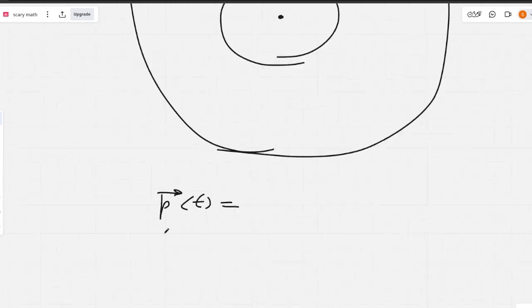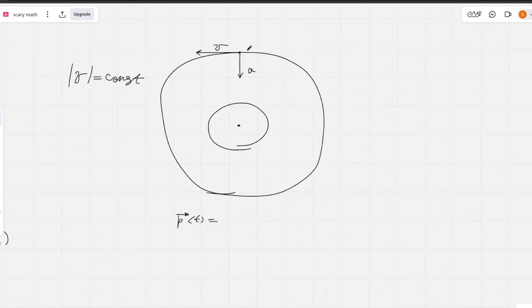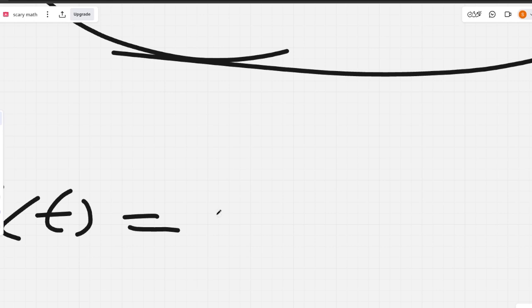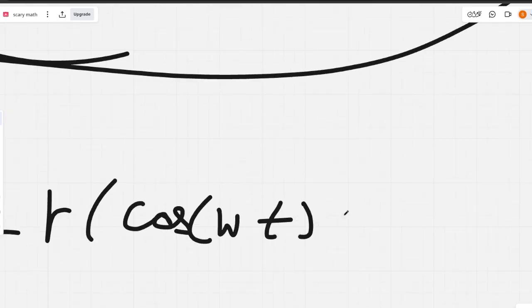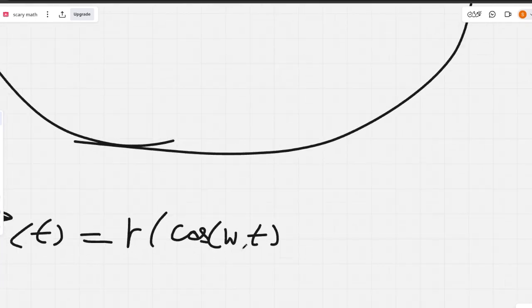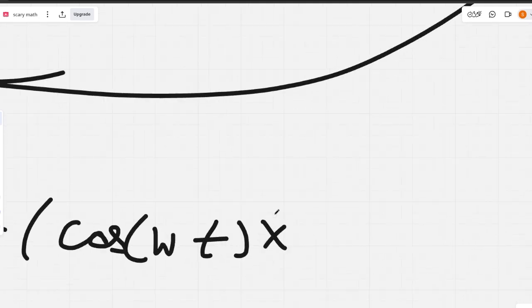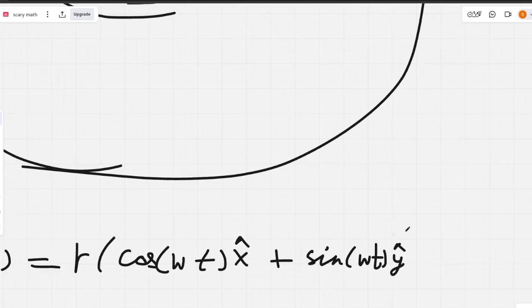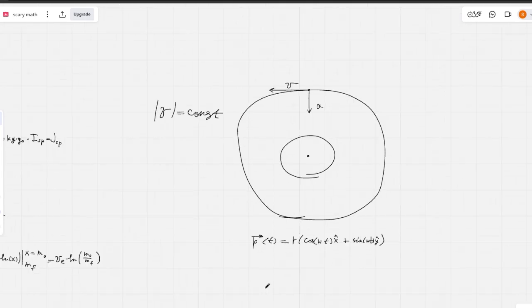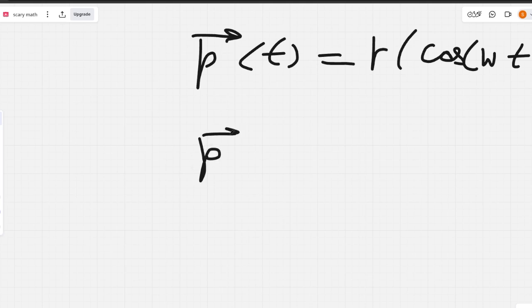P of t is going to be the position of the object, and it's going to be r times cosine of omega t, where omega is the frequency of revolution, times the x component plus sine omega t times the y component. Alright, now when we differentiate this once and twice,